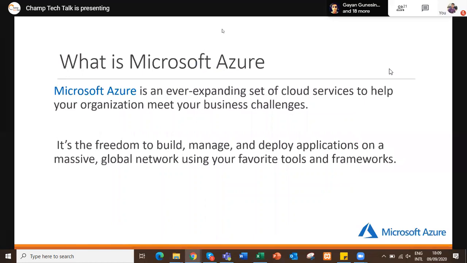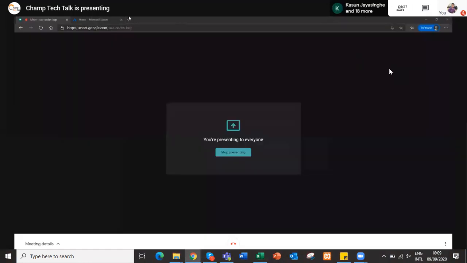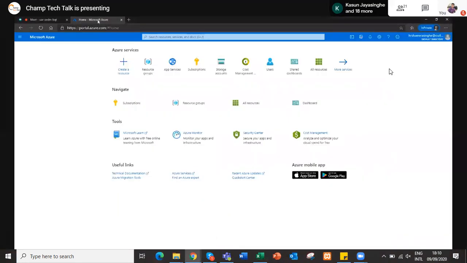What is Microsoft Azure? I'm going back to the portal now. In order to have an Azure account, you need to have something called a subscription. You can have multiple subscriptions if you want, or you can have a single subscription. So let's go through this portal one by one.